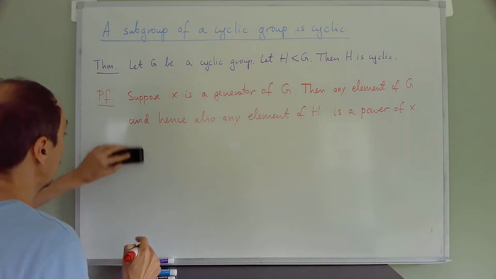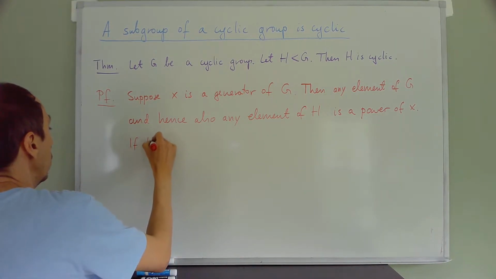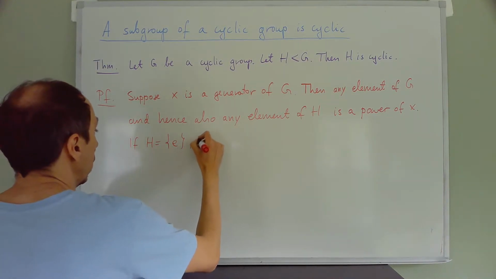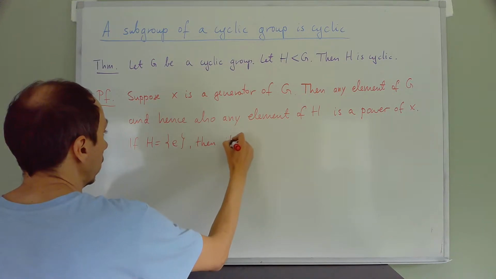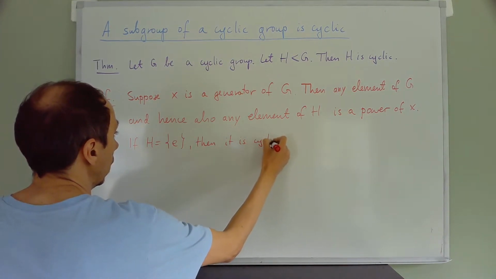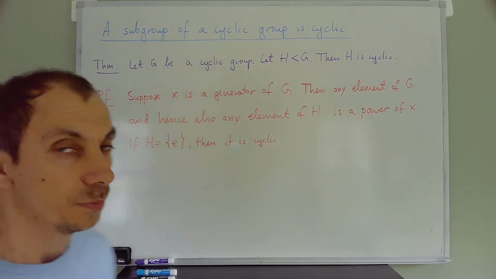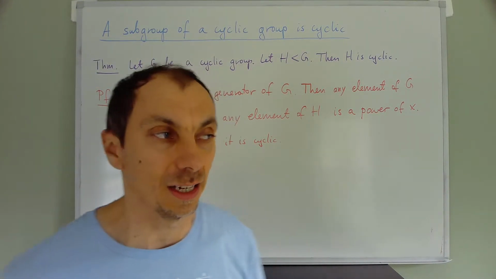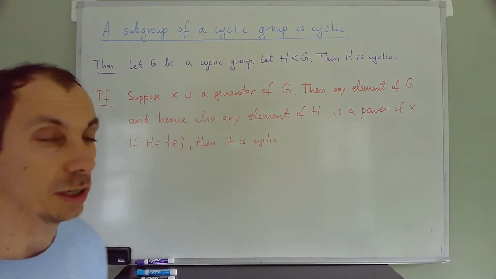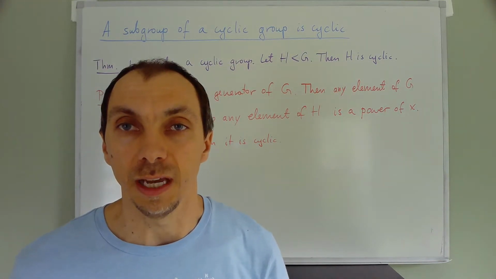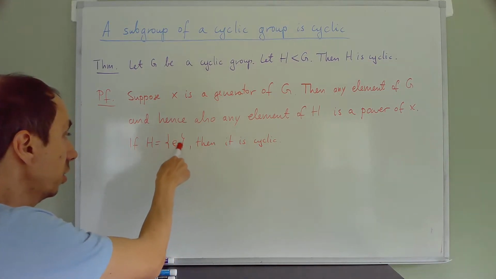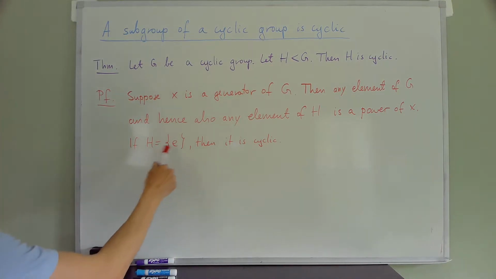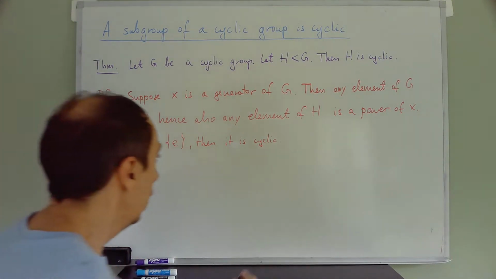So if H is just a trivial group, so consists only of the identity, then it is cyclic. Okay? A trivial group is a trivial example of a cyclic group. That is, the identity is a generator. Of course, every element of the group that consists only of the identity is a power of the identity. So then we're done, then it is cyclic. Otherwise,